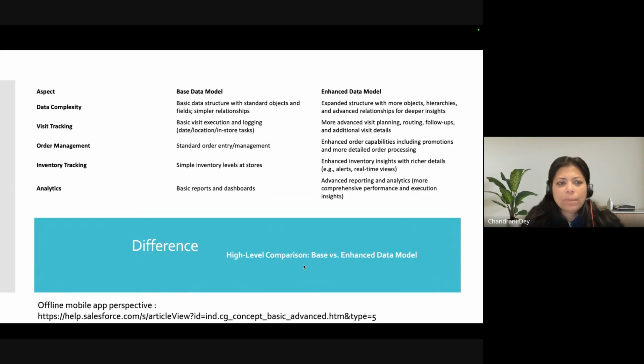How is the data complexity? Do you only need the basic data structure of CG Cloud with some standard objects and simpler relationships?